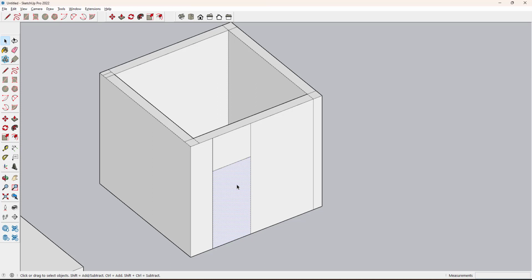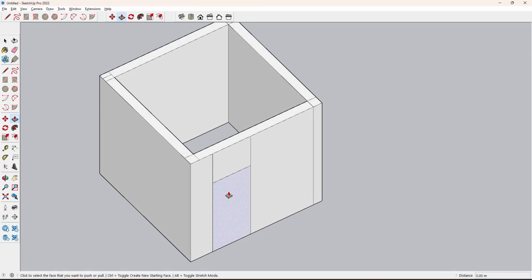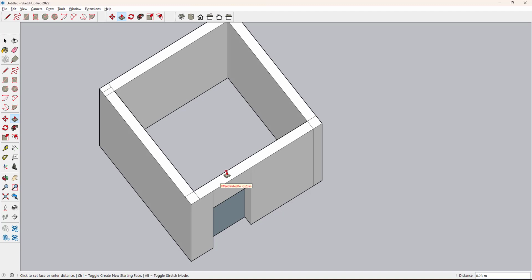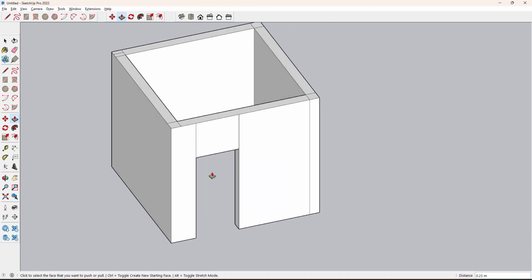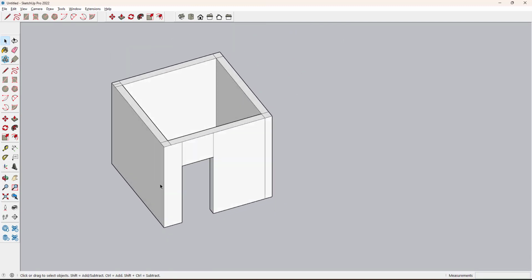separate portion like this. I just want to subtract this in order to convert this into a door opening. If I delete, only the front face can be deleted. So don't go with this method. I have to subtract this portion completely. For that I am using the push again. So you can push it to get it in 3D, and you can push back to subtract this. So push this till the target of this back line to subtract it completely. When you reach this back edge, just double click. So this is how you can subtract any shape from the main geometry.